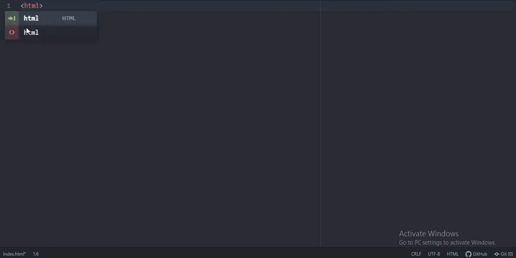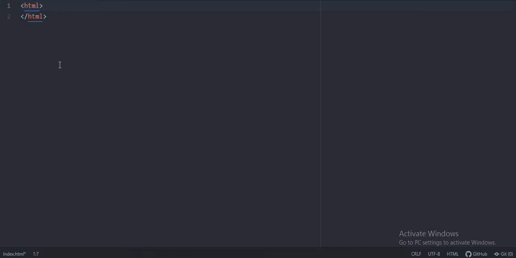is known as an element. So there are two types of tags. First, the opening tag, and the second is the closing tag. The difference between the closing tag and the opening tag is that in the closing tag there is this slash symbol, and in the opening tag there is no such symbol. Okay, so the element which we are putting here will be the same in the opening and the closing tag both. You should remember it.